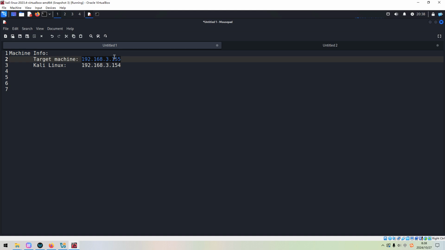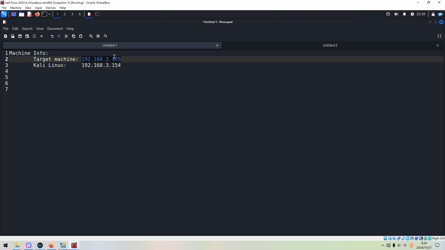But when we come to this machine, you cannot get anything. So this would be the first difficulty with this machine. Actually, as I was referring to other walkthroughs, we need to capture packets, we need to capture something which is sending from the target machine.